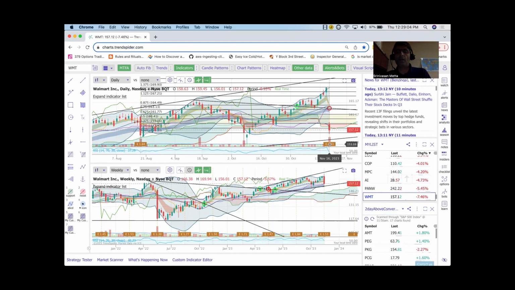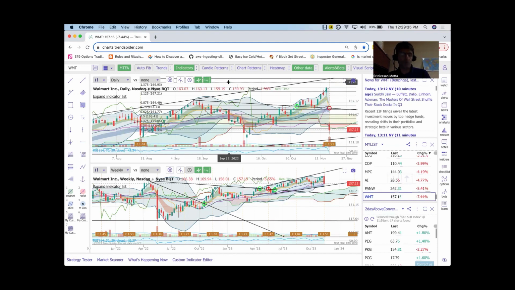If you see here, this is my Trend Spider. It gives me the information here. The earnings per share for Q3 was 1.53. That's 2% more than last third quarter. So they're doing okay, and Walmart is there to stay. But unlike Apple, they're not a high margin business, so that is why we don't see a lot of things. But having said that, let's see why Walmart went up so far and why it fell down.